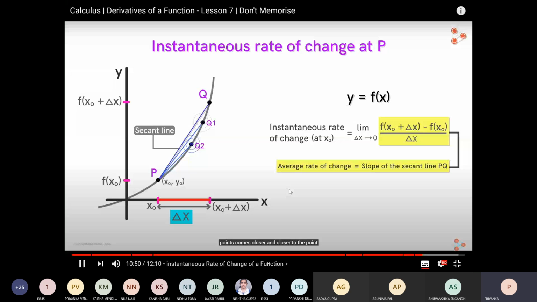See now, if you were finding out the average rate of change, that means P और Q के बीच में अगर आप change देख रहे थे तो वो सिर्फ इतना था without limit, right? सिर्फ इतना था, that was my average rate of change. but अगर मुझे instantaneous चाहिए तो मैं एक instant पर बात कर रही हूँ, either I am talking about the change at point P or Q. तो let's say मैं P point पर निकालना चाहती हूँ what is the rate of change of y with किस rate से